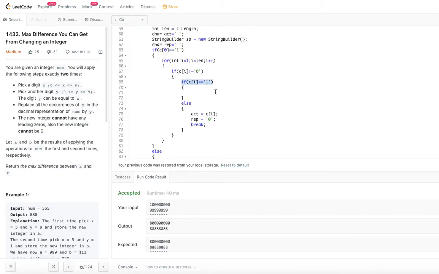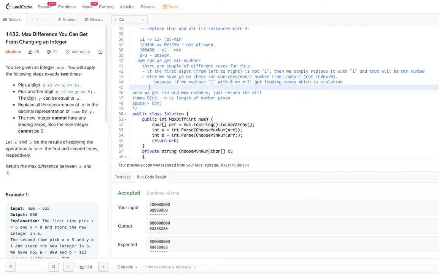We cannot choose 1 either, because if we replace 1 with something else, you are going to replace the one in the first position also. That's why we are skipping ones. Whatever character you get which is not 0 and not 1, you replace with 0. In our example of 1, 2, 3, 4, 5, 6, we are replacing 2 with 0.